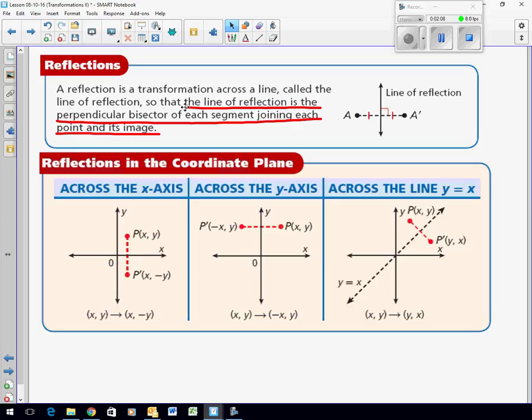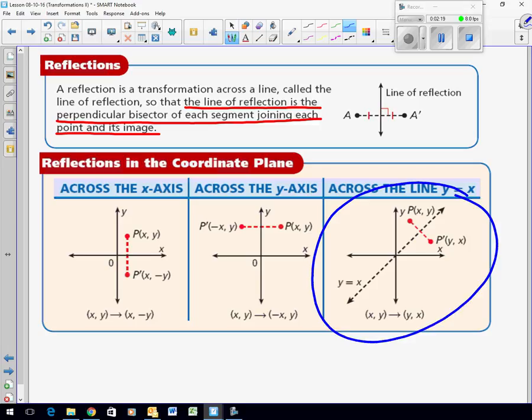Oh, and then there's the dreaded reflection across the line where y equals x. And this is the one that'll mess you up. Okay? This is the one that will probably need the most attention. It can be difficult sometimes to see. So,